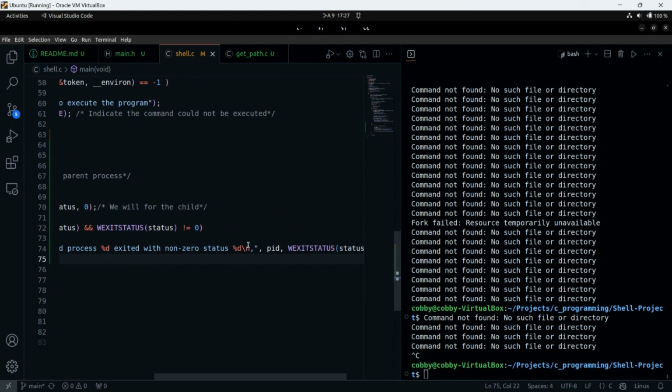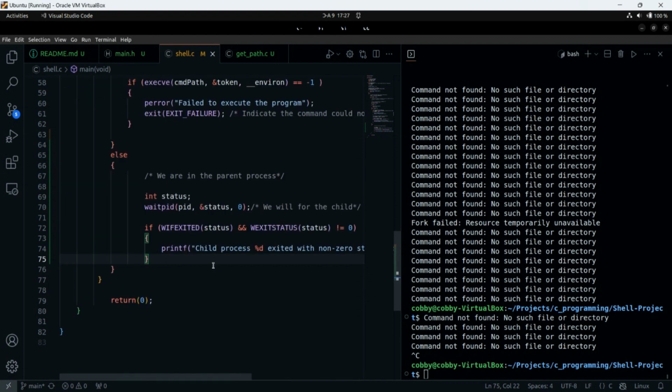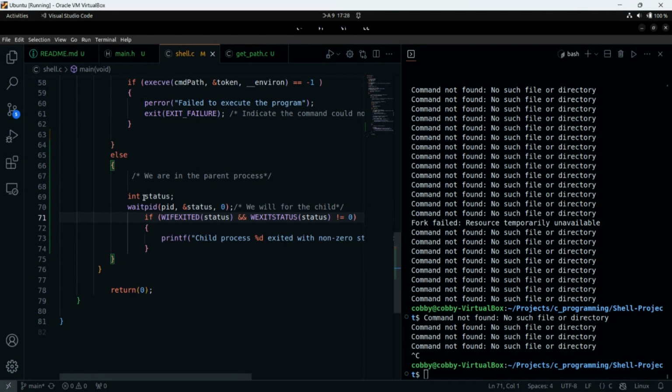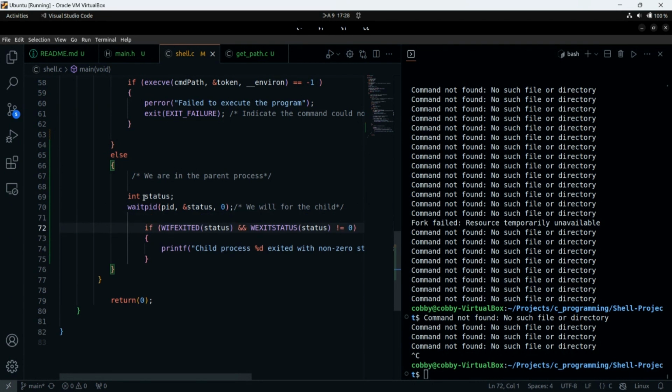So guys, you're not allowed to use printers. We are just using this to check the exit status so that we can easily debug our code if there is a need to. Right. So if you are following this very well, you will realize a lot of things. If you are also following through the recorded section, and if you don't understand anything, you can just go back and then you understand what we are trying to do here.